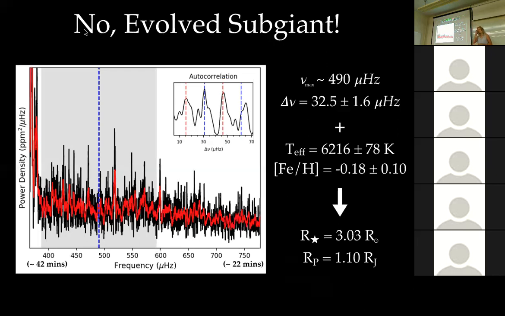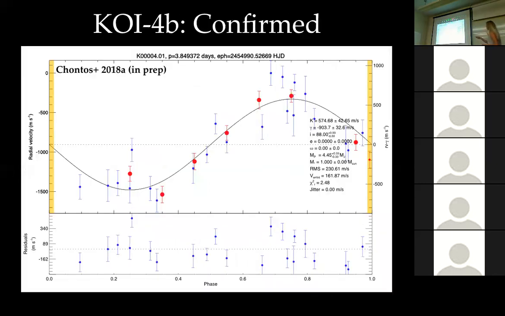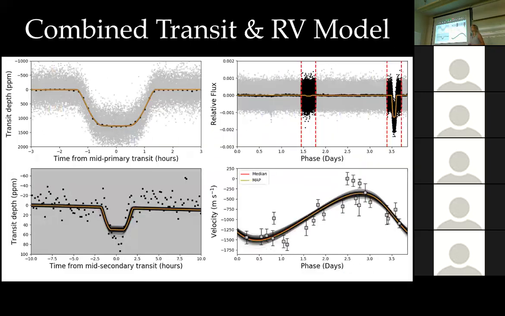So we reached out to a collaborator who had already collected spectra on KY4 to see if they could take some more observations for us. And to our surprise, within a week, we had a beautiful RV curve, as I said before, it's a sinusoidal here, phased up with the period of the planet, therefore confirming the planet. The next trick was to characterize the system.